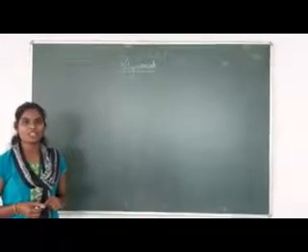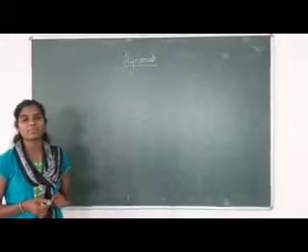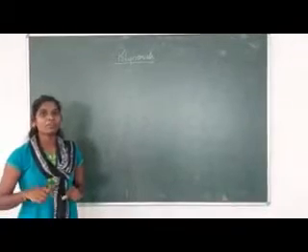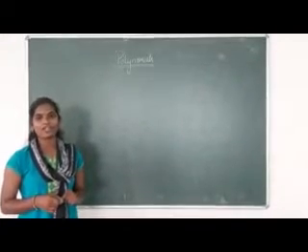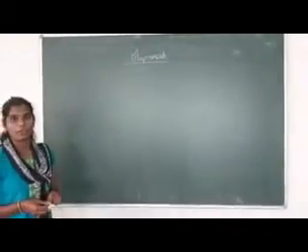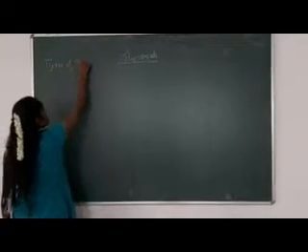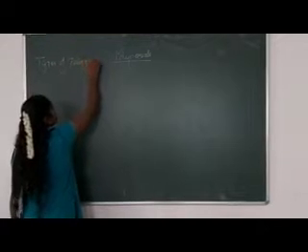Okay, in the first session you learned the definition of polynomials, right? It is defined as an algebraic expression where the variable power is always a whole number, called a polynomial, correct? So now we'll see the types of polynomial. What are the types of a polynomial? The types of a polynomial are based on the number of terms in the given expression.